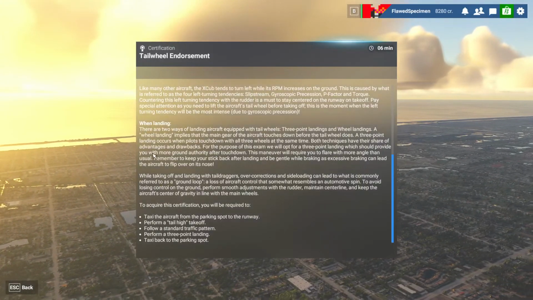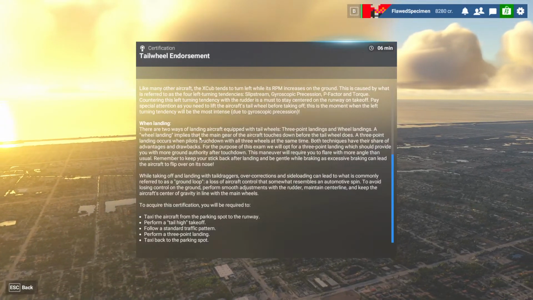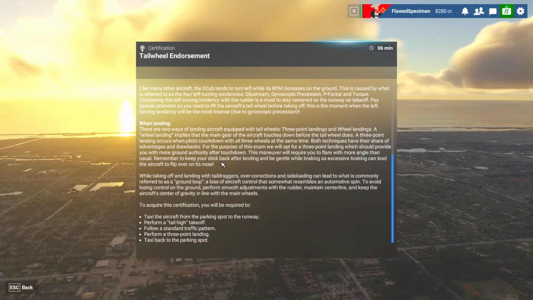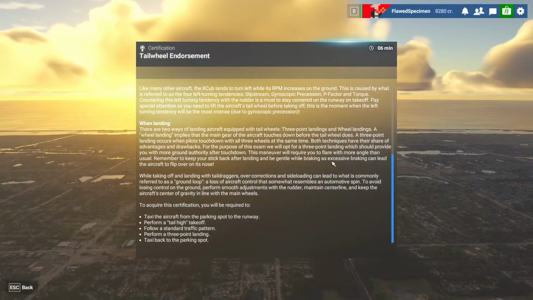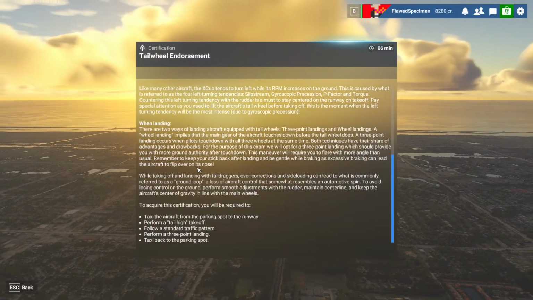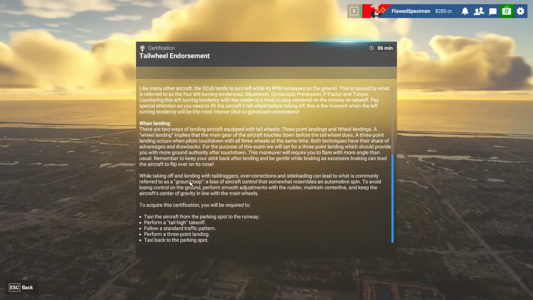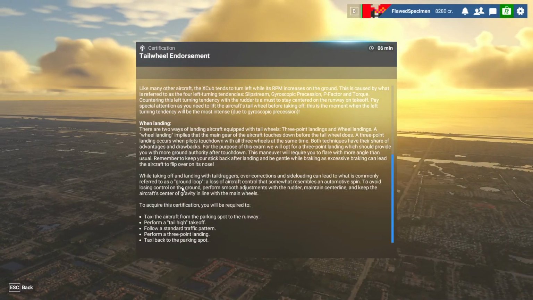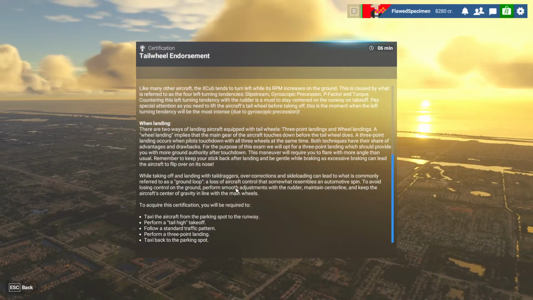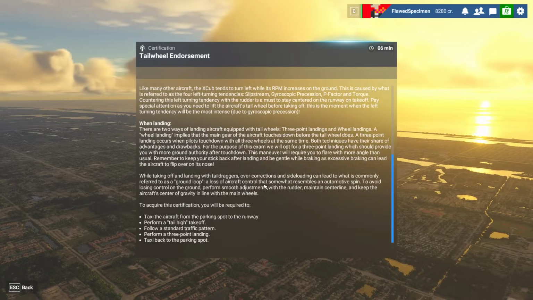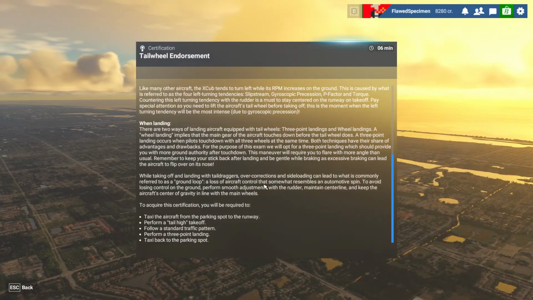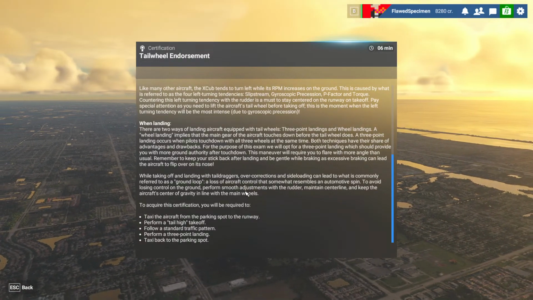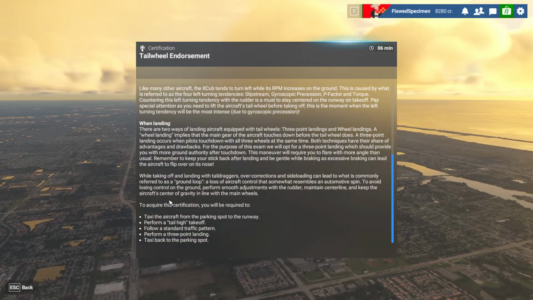Landing implies a main gear touchdown. Remember to keep your stick back after landing and be gentle while braking, as excessive braking can lead the aircraft to flip over on its nose. While taking off and landing with tail draggers, overcorrections and side loading can lead to what is commonly referred to as a ground loop, a loss of aircraft control that somewhat resembles an automotive spin. To avoid losing control on the ground, perform smooth adjustments with the rudder, maintain the center line, and keep the aircraft's center of gravity in line